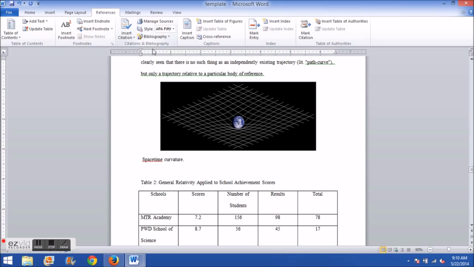If you use EndNote to do your citations, this will be associated with EndNote, and that can be very useful for many students. But for right now, I want to show you the Insert Caption function. This is going to be used for both figures and tables. So you simply go to References, Insert Caption,